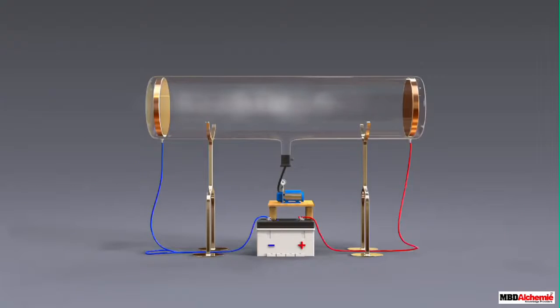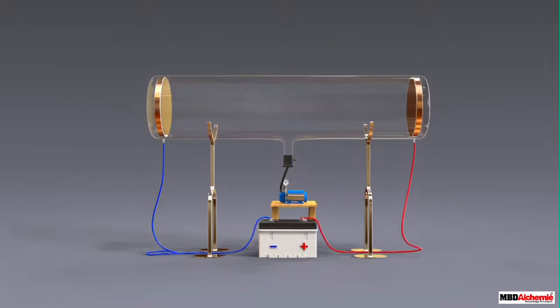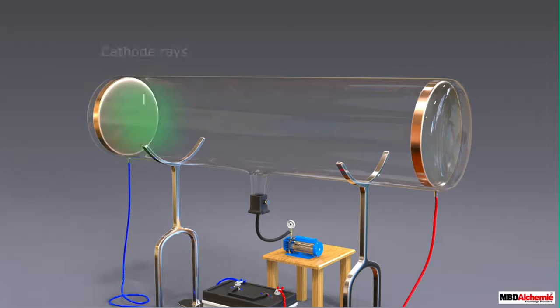The setup of the experiment consisted of a glass tube containing a gas and two electrodes at its two ends connected to a battery. The gas inside the tube had a very low pressure, which was maintained with the help of a vacuum pump. On passing the electric discharge, the rays called cathode rays were produced, which were attracted towards